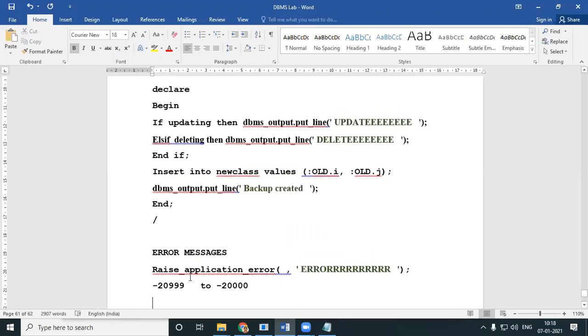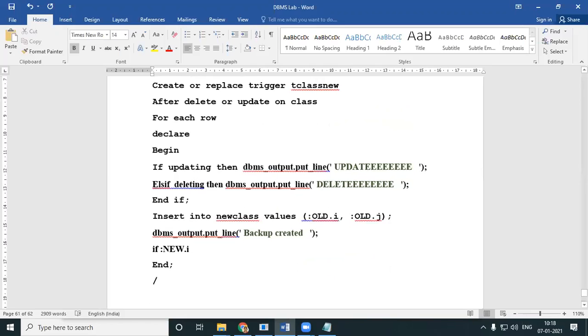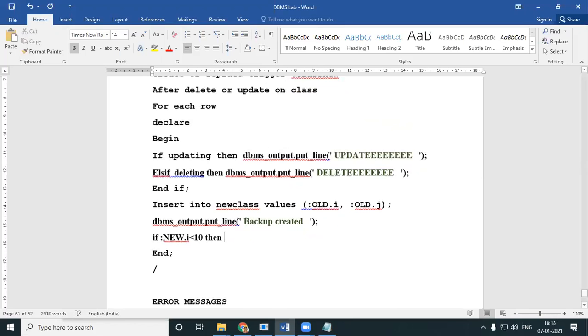I'll show you how to raise an error message. You are inserting, okay, backup created, okay. I'll continue writing over here. If new.i, like I am updating or deleting or whatever, and if the new i which I give is less than 10, which means I'm not accepting any values less than 10.